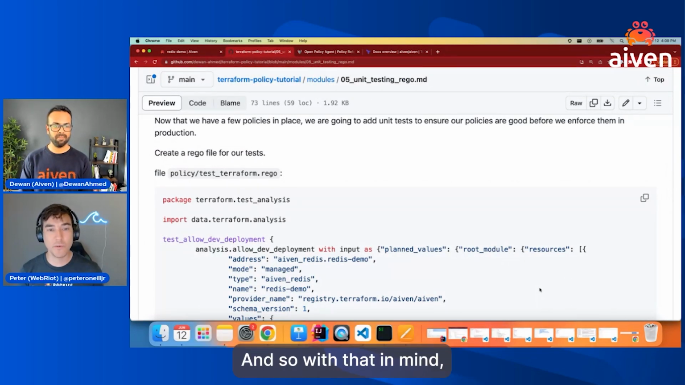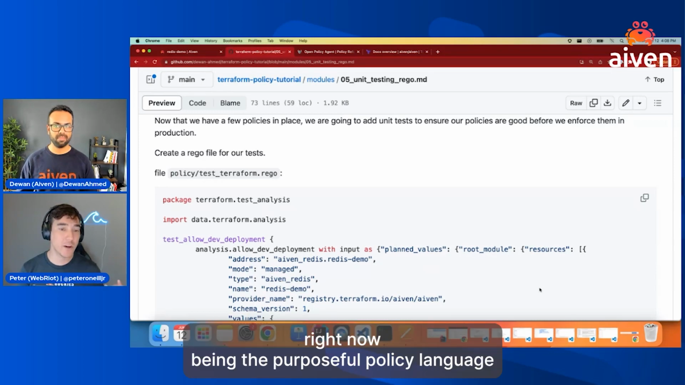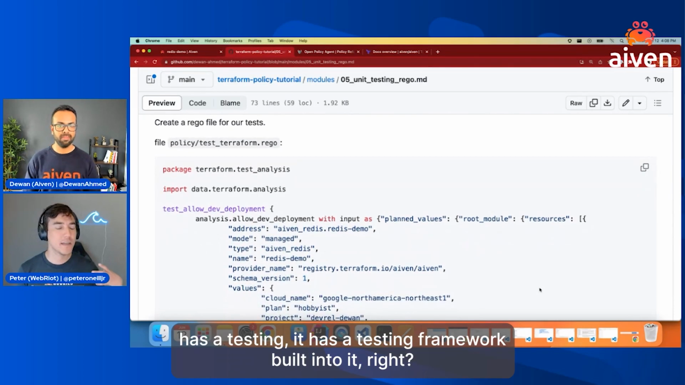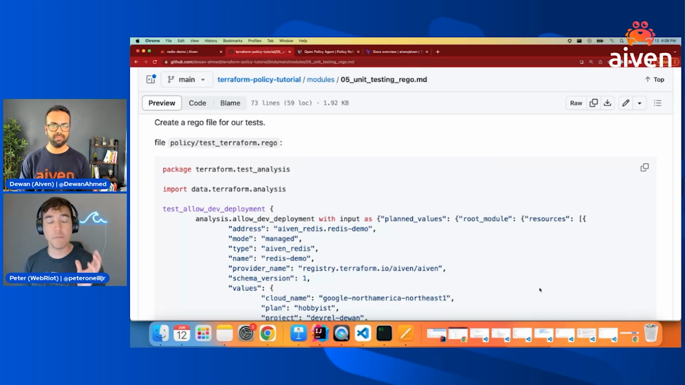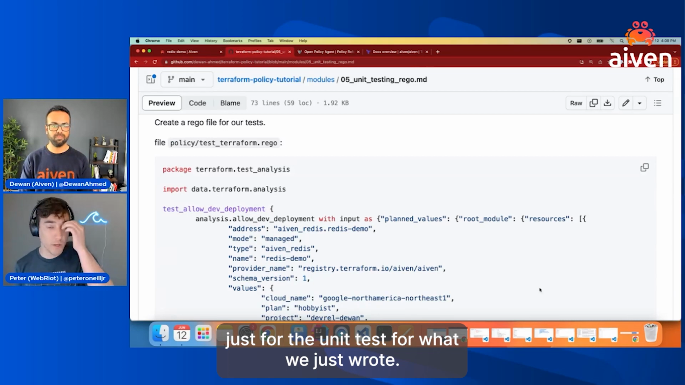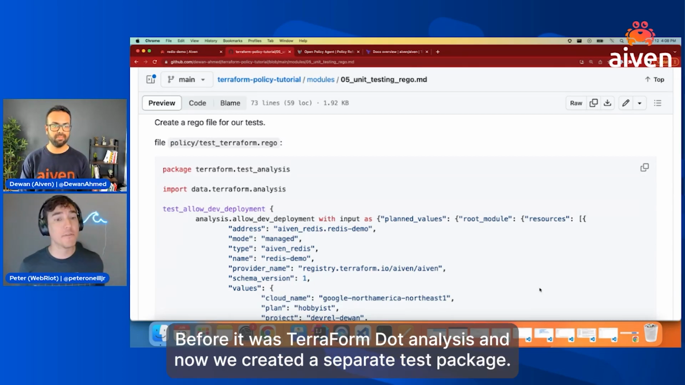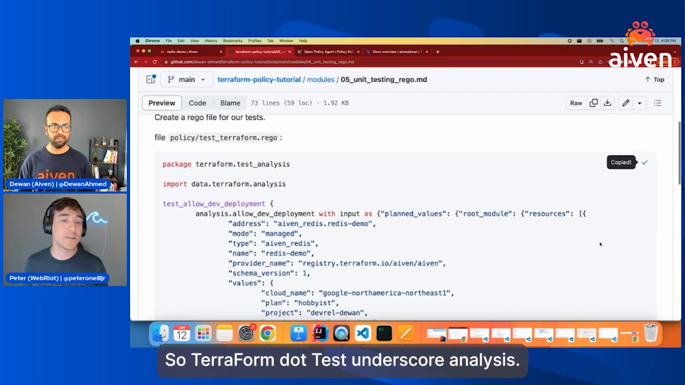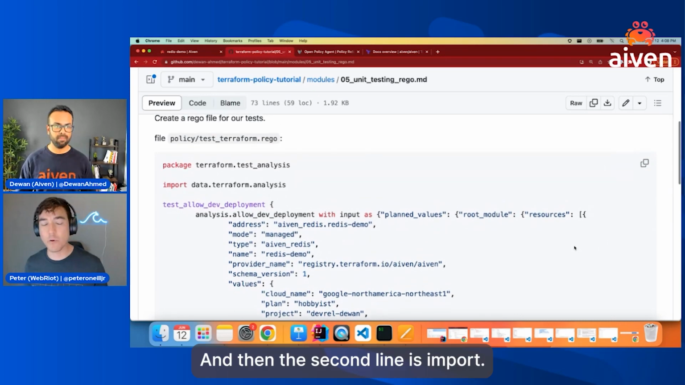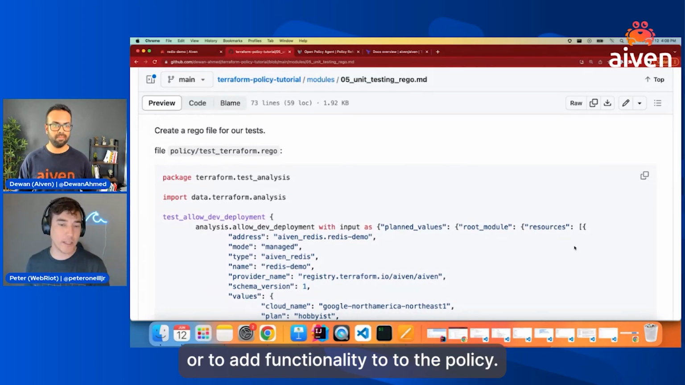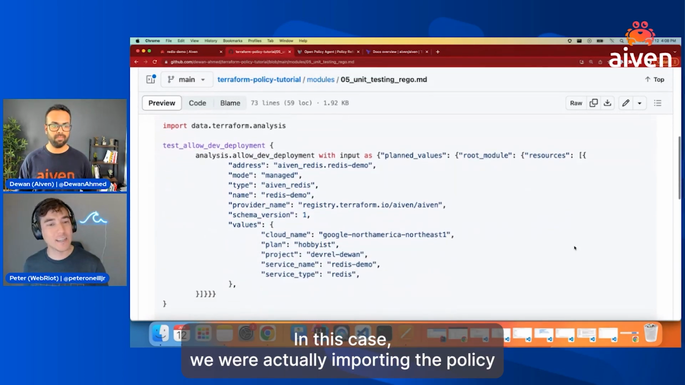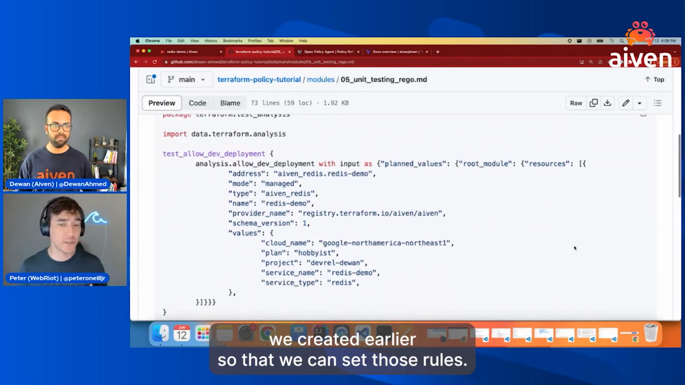And so with that in mind, Rego, being the purpose-built policy language, has a testing framework built into it. What we are looking at here is a Rego policy just for the unit test for what we just wrote. We can see the package name is a little bit different. Before it was Terraform.analysis, and now we created a separate test package, Terraform.test_analysis. And then the second line, this import, remember last time we were importing to create aliases or to add functionality to the policy. In this case, we are actually importing the policy we created earlier